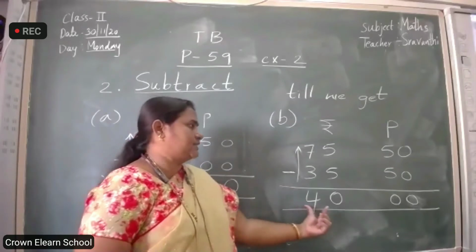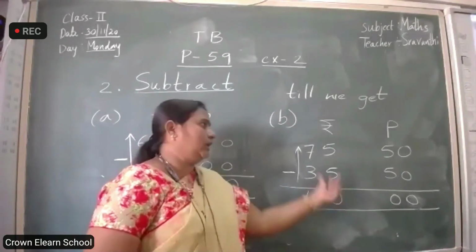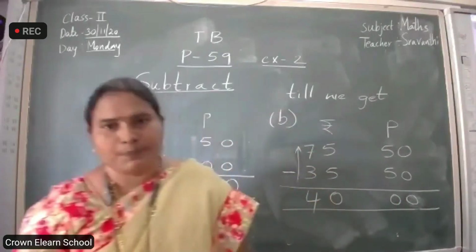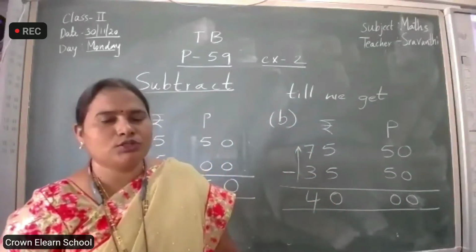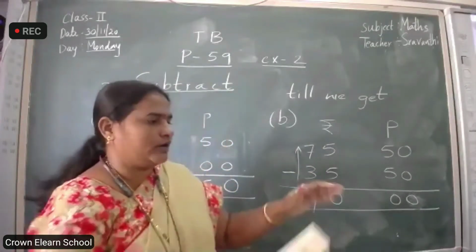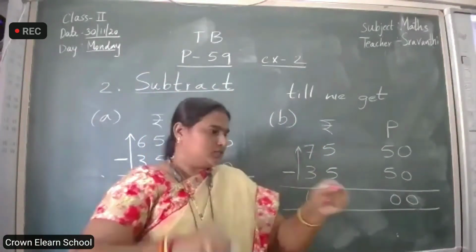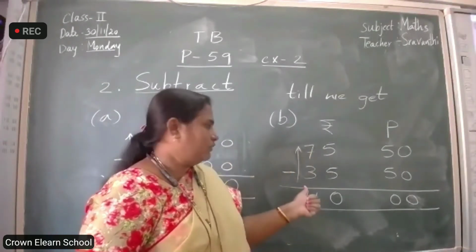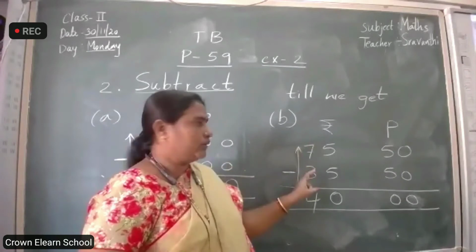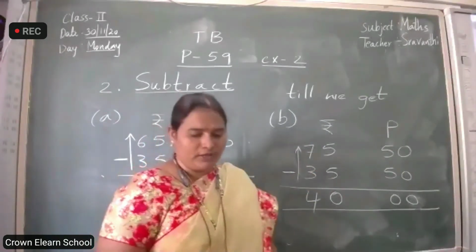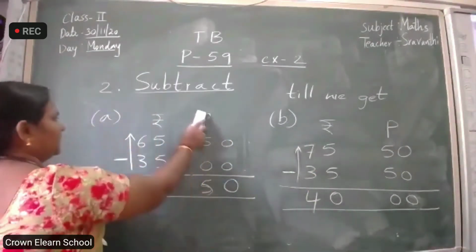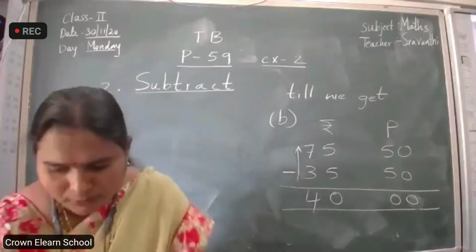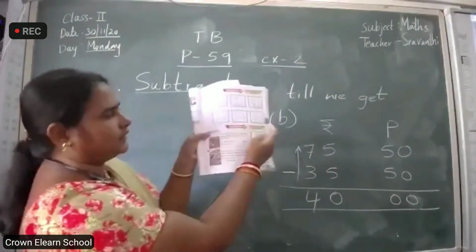So the difference of the amount is 40 rupees 0 paise. These are so easy now. We are closing all fingers, starting from here and going up. We are using forward counting only to get this number. Next, sum C. One more is there now, the last one, C.